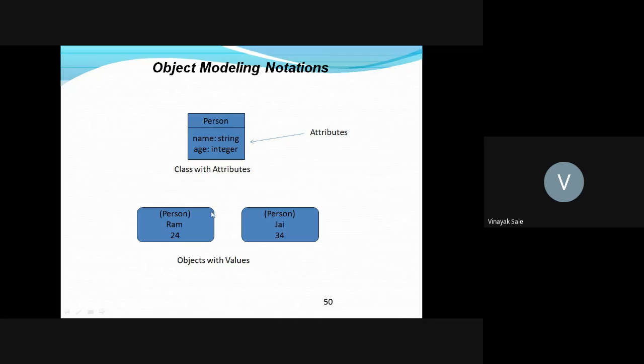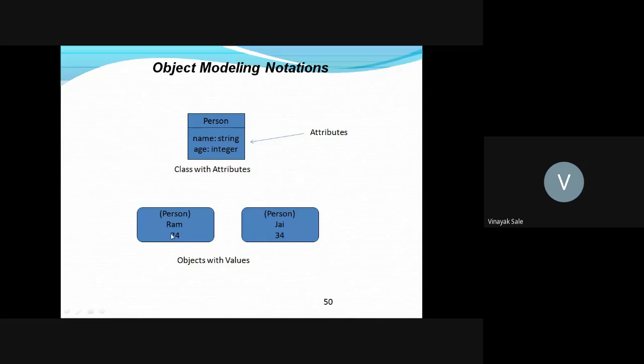Then here are objects of the class Person. So this is a class diagram, shown by a rectangle, separated by a line: the upper part indicates the class name and the lower part indicates the attributes of that class. Then the object diagram is indicated by a curved rectangle. In that, in brackets, the name contains the class name. Here the class name is Person. Then Ram or Zai is the name of the object of that particular class, and